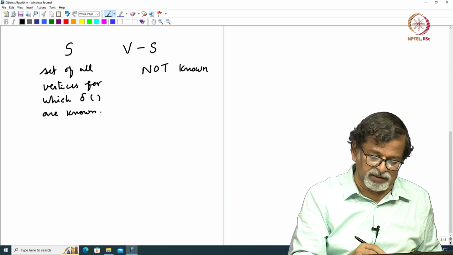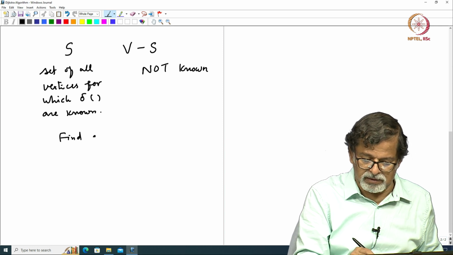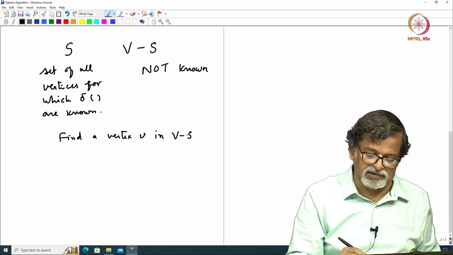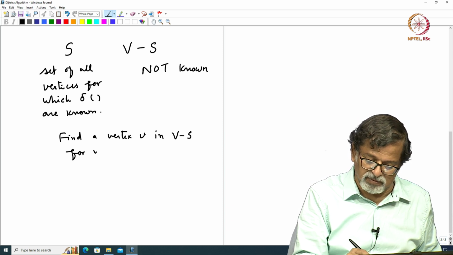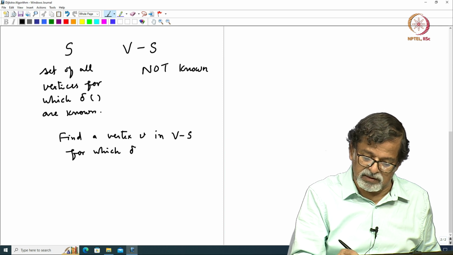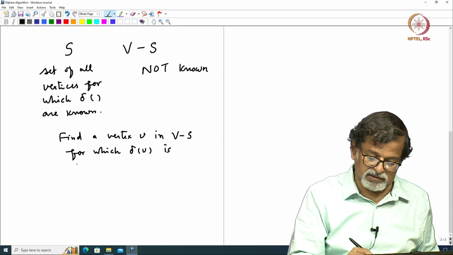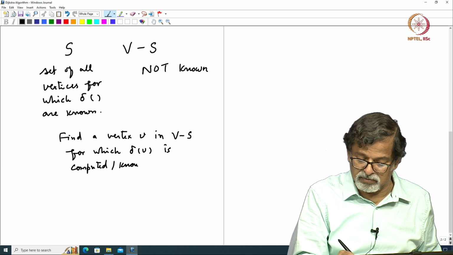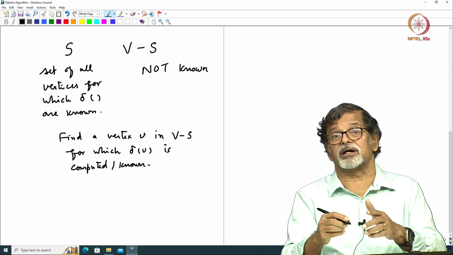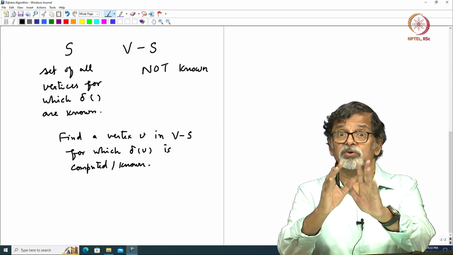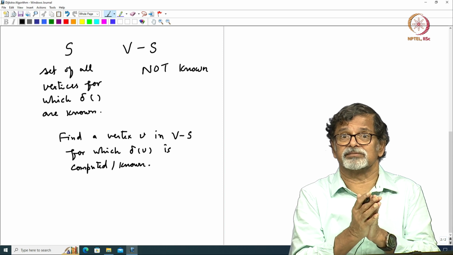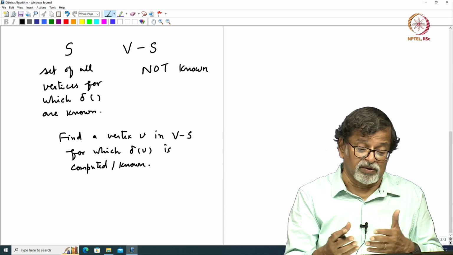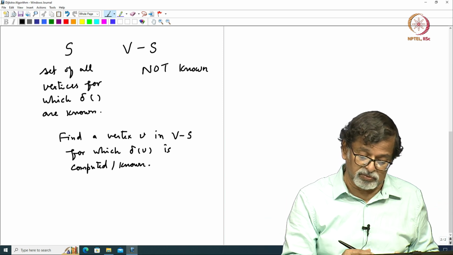So, in each iteration one vertex will move from V minus S to S. So, the high level plan is to find a vertex V in V minus S for which delta V is unknown. So, you do some computation, and after that computation for one vertex you will know its delta V value. That vertex, since the delta V is known, our property is that S is the set of all vertices for which delta is known. Move